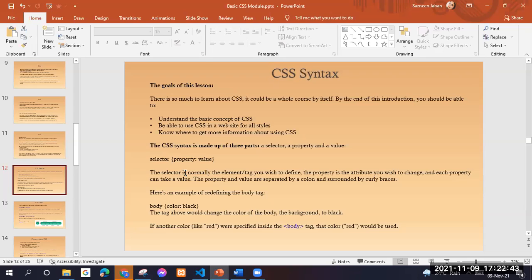The selector starts, and inside the curly brackets we have to put the property and then the value. The selector is normally the element tag you use to define. The property is the attribute you want to change, and each property can take a value. The property and value are separated by a colon and surrounded by curly braces. So here's an example